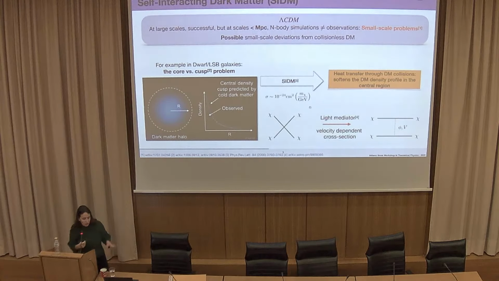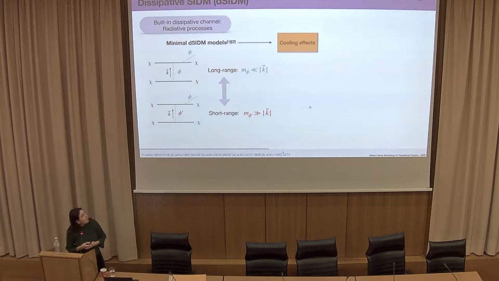Even if you put aside the small-scale problem and you don't want to enter into this discussion, this self-interaction is nice because on top of it there are other important effects to study, which are dissipation. Indeed, directly inside the self-interaction there is a built-in dissipative channel. If your mediator is light enough, you can imagine that it's also emitted during your self-interaction. But you could also build a theory with a heavier mediator, which is what you prefer, but in that case you need to add an additional light particle to your theory to have this kind of dissipative effect.